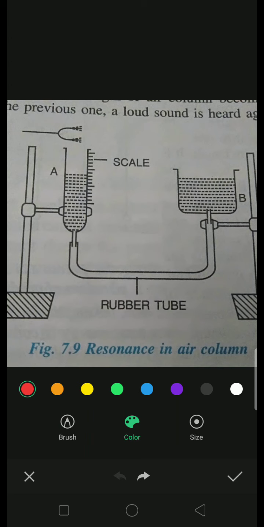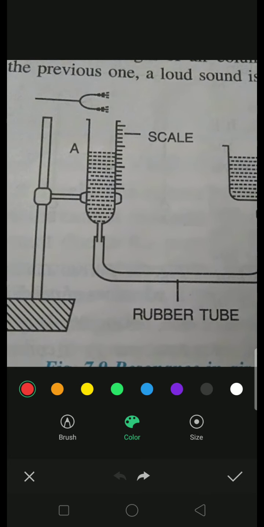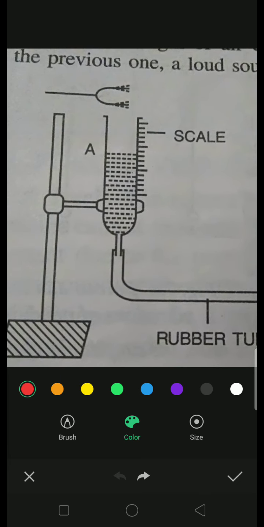Now we will see the experiment to study the resonance in an air column. Now you can see over here in this particular figure, I will enlarge it a bit. You can see here in the A part, there is one cylinder A which is held with the help